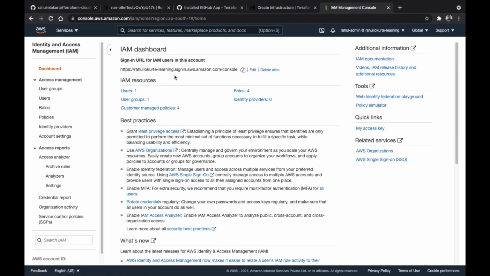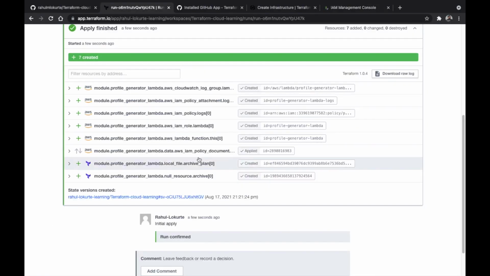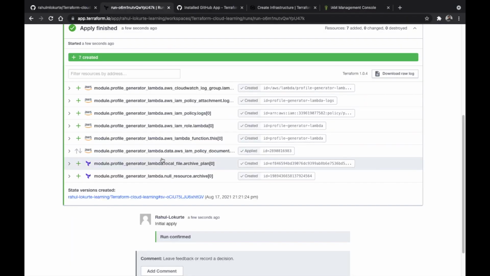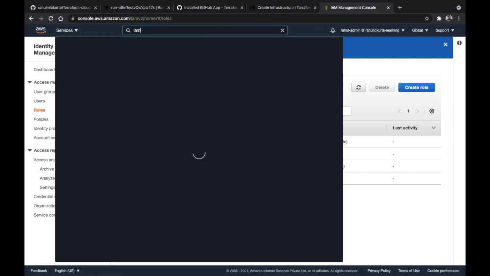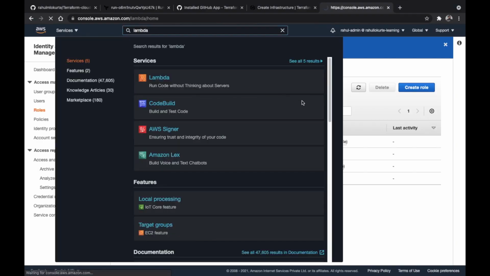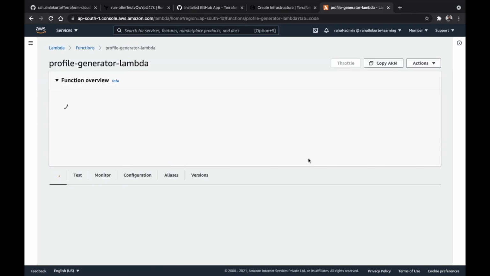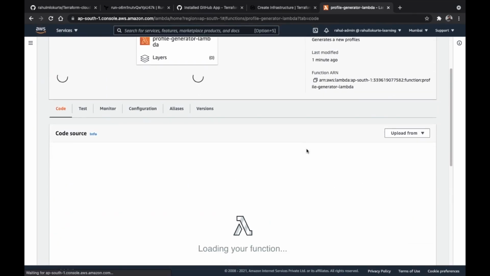So log in to IAM. If you see these roles, let us see. Now it says that apply is finished, so we can see the lambda function also. If you see the IAM role, this is what it has created, profile generator lambda. And here is the IAM policy for profile generator lambda. Let us see the lambda code. Click on lambda. Now we have this function, profile generator lambda, which had been deployed by that